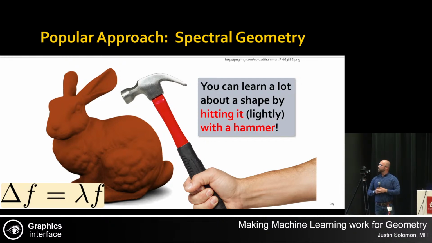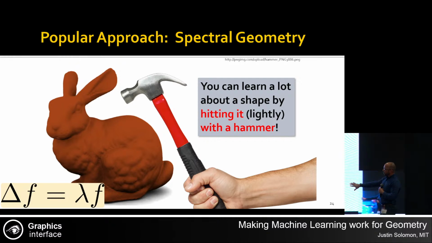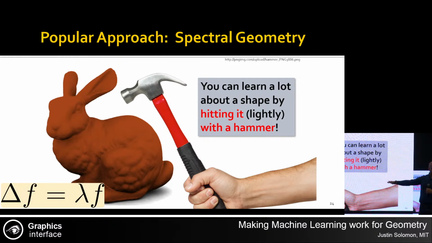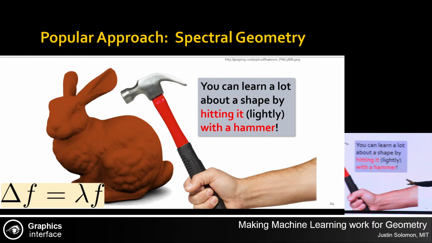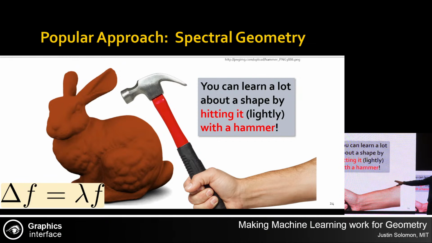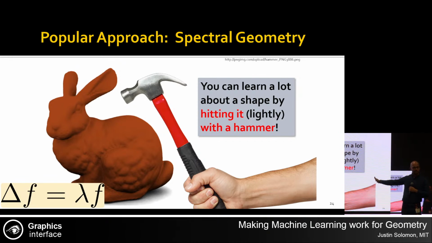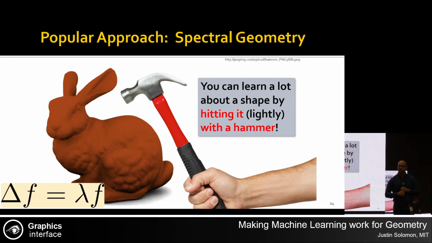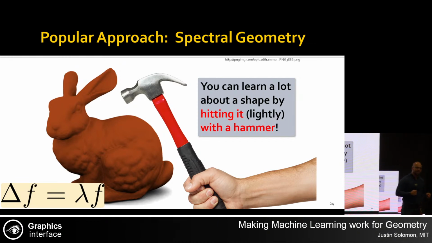And so a very typical thing that we do in spectral geometry is compute vibration frequencies of a 3D model, which, if you're mathematically inclined, reduces to computing the eigenvalues of the Laplace operator. This is like the second derivative matrix. Once we have those, that already gives you an interesting feature for your shape. It's a list of eigenvalues, and you can compare that to other pieces of geometry out there in the universe, and that's somehow useful. It's just a long vector as opposed to this disorganized triangle mesh.